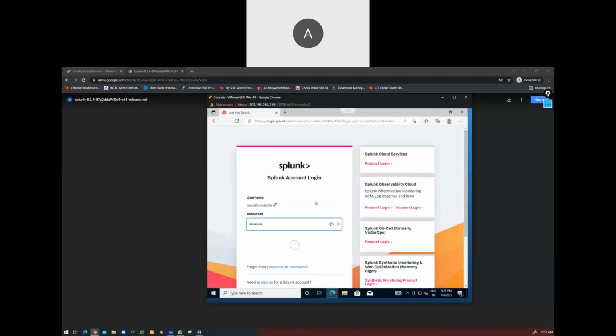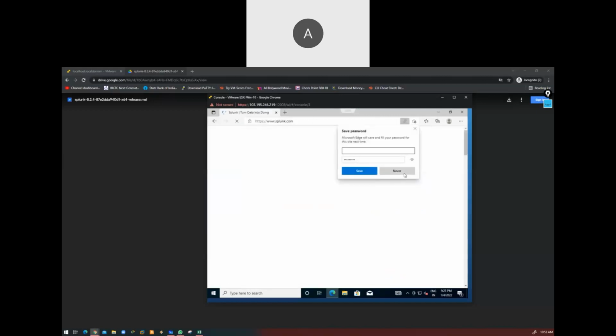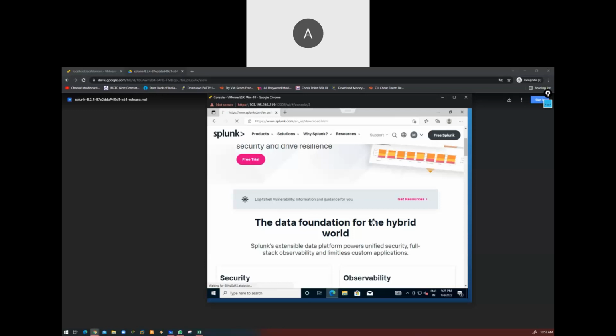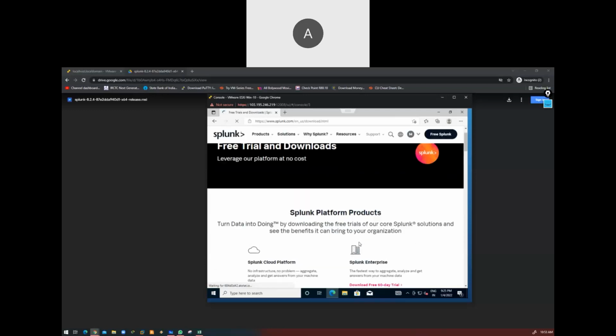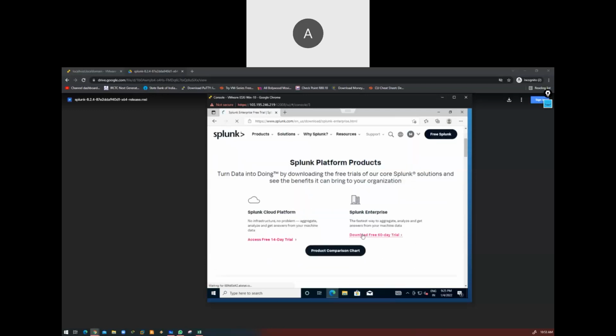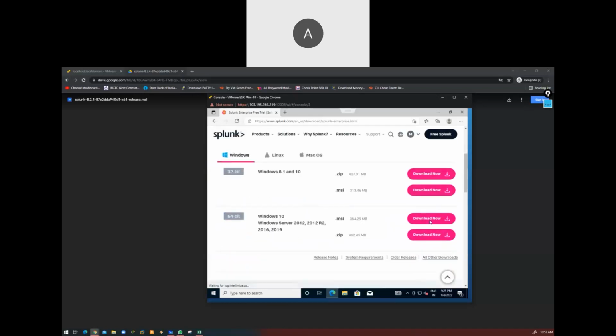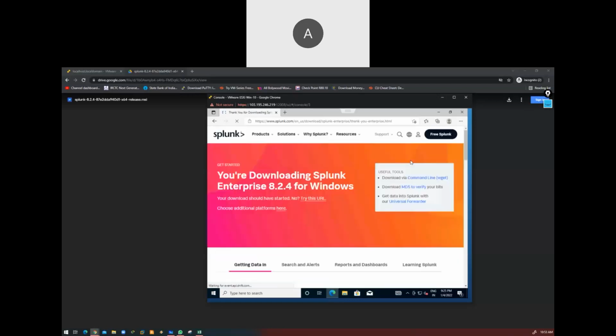After logging in to your account, just download the tool on this machine. Same process that I told you earlier. Please Splunk, select the Enterprise and select this MSI, Windows 10 MSI, and the download will start shortly. After downloading it, you just have to simply install the tool. That's it.